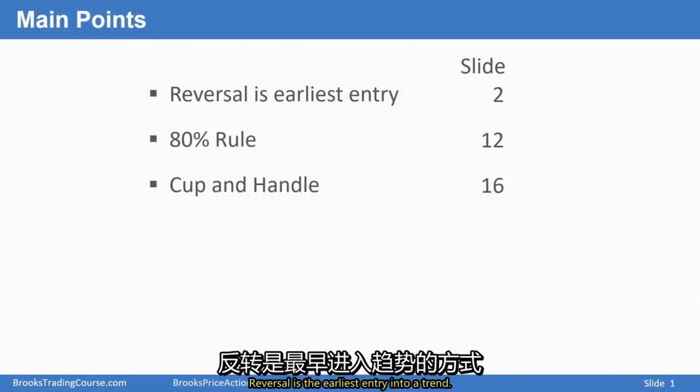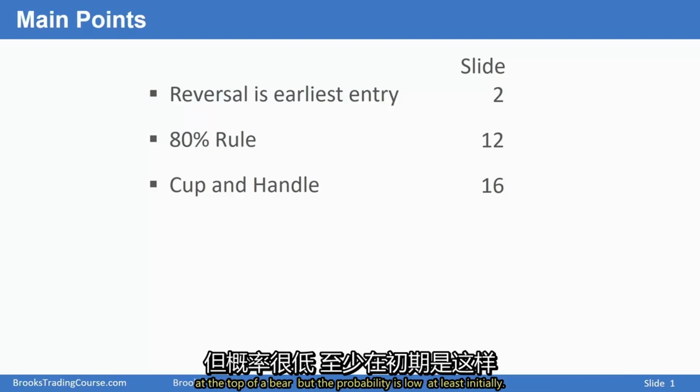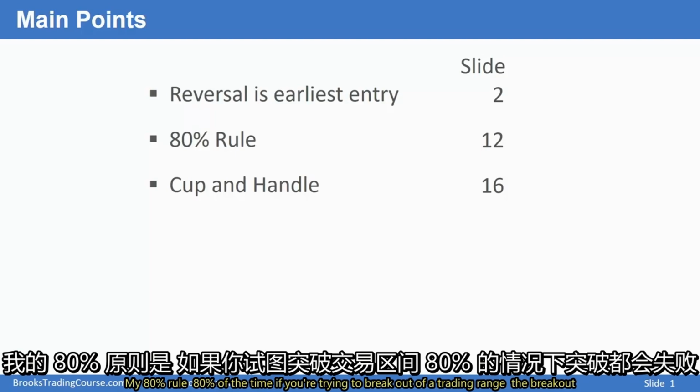A reversal is the earliest entry into a trend. The risk is smaller because you're buying either at the bottom of a bull or selling at the top of a bear, but the probability is low, at least initially. My 80% rule: 80% of the time, if you're trying to break out of a trading range, the breakout's going